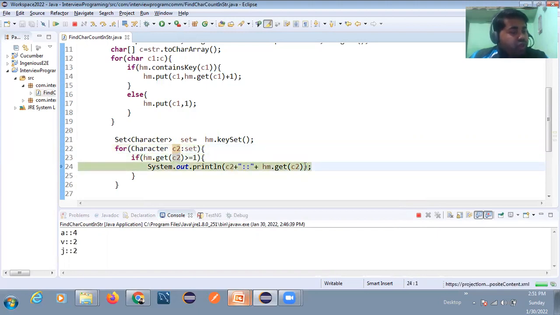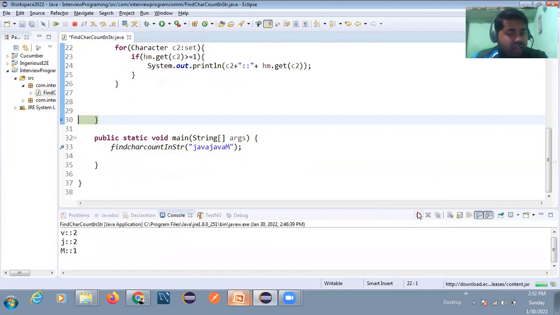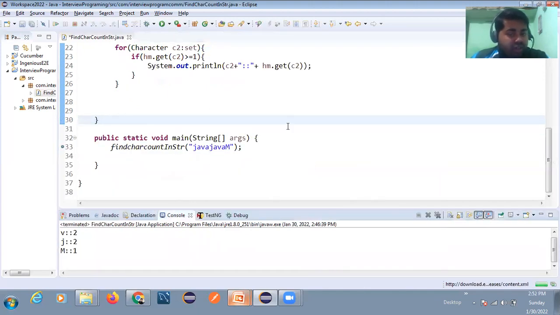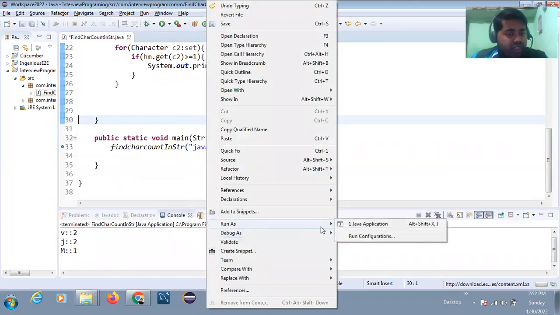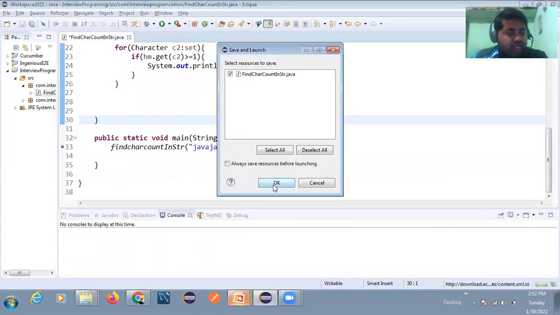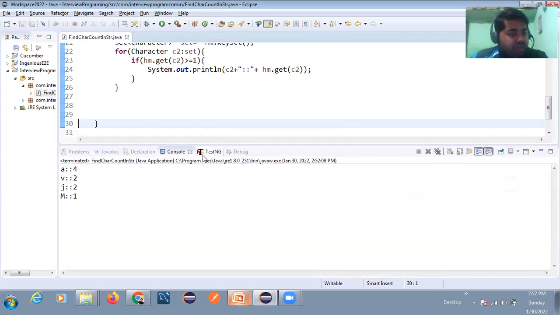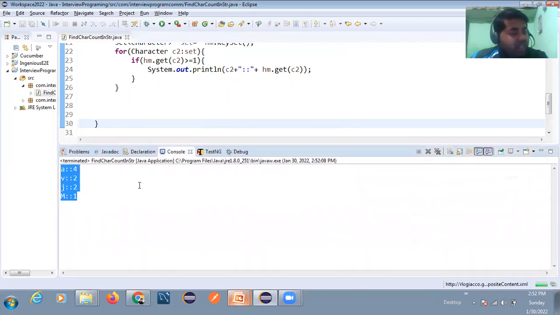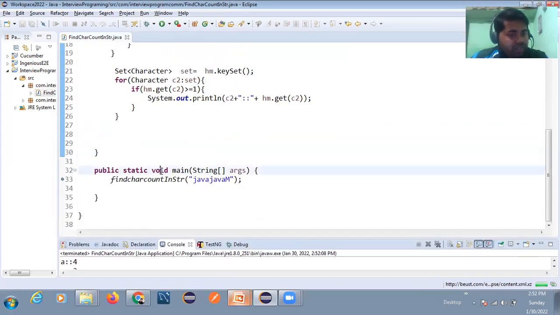Okay, so if someone asks, no, I don't want that, I want to only print the duplicate values. Okay, you can just make it like this. So here you will print the duplicate values. I will tell you later. Like that you can debug the code and you can understand. Now if I execute this code, you can see the same output is coming. We are printing the occurrence of each character. If you are not able to understand any code, you can debug and you can understand.